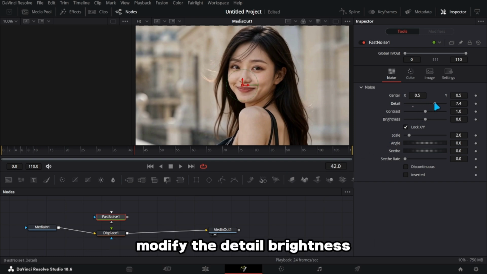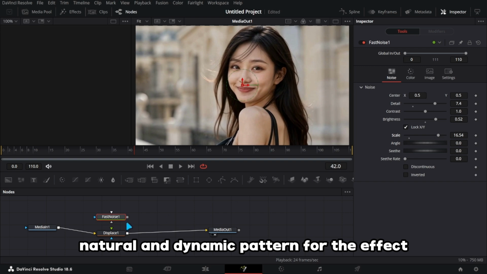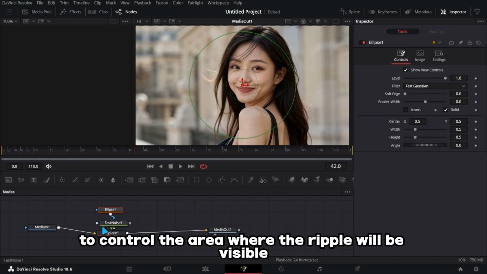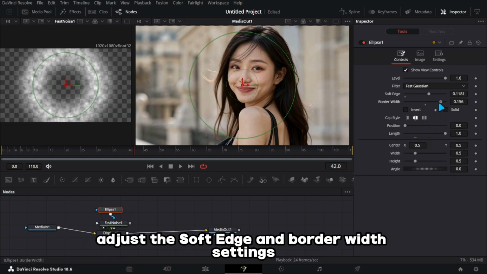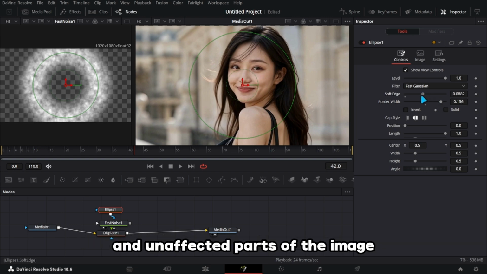Modify the detail, brightness, and contrast settings of the fast noise node to create a more natural and dynamic pattern for the effect. Next, add an ellipse node to control the area where the ripple will be visible. Adjust the soft edge and border width settings to create a gradual transition between the affected and unaffected parts of